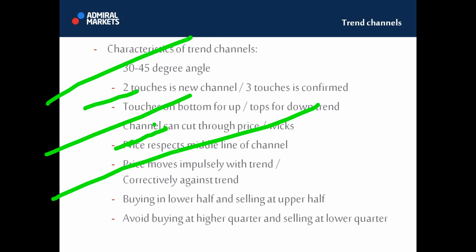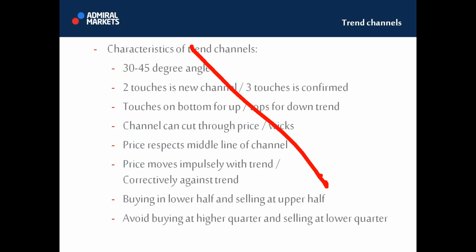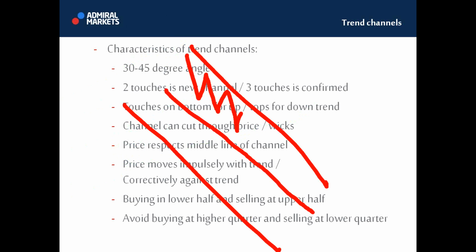Typically, if you're looking at a channel like this, from a conceptual point of view, you definitely want to be the biggest buyer here if you do get confirmations, however the entry method you use, because of course we have the most space to the top of the trend channel, right? So that's the buying zone. The opposite holds true for a downtrend, where you typically would like to sell anywhere where price is in the upper half, because then you have the most space to the downside.